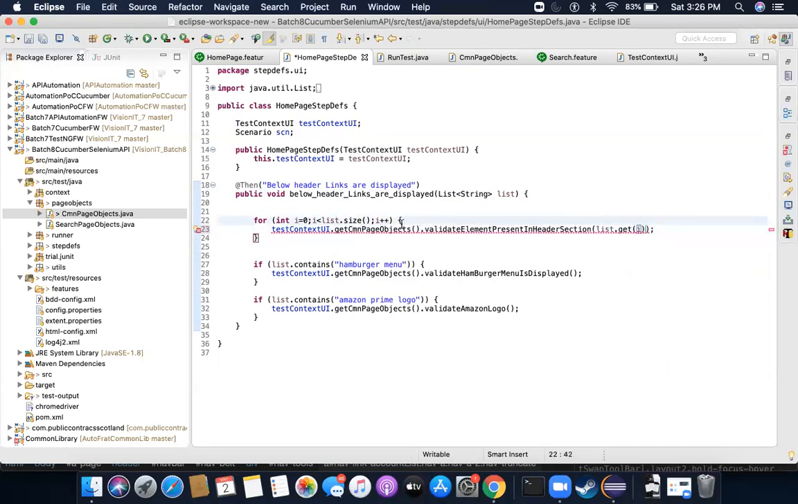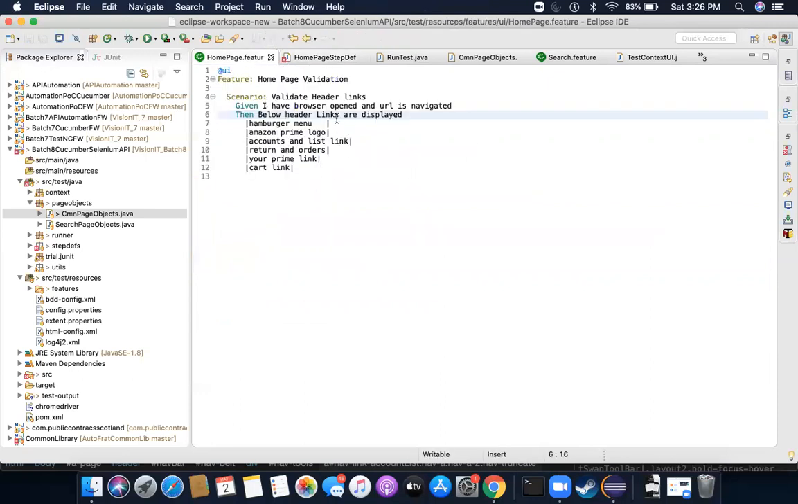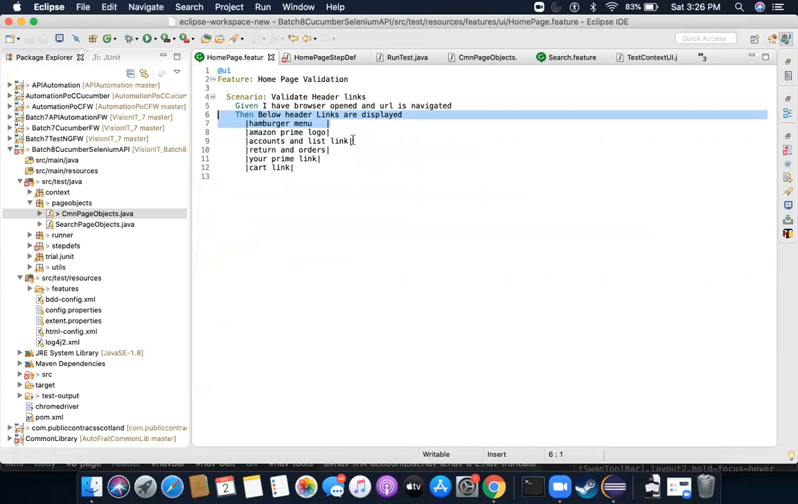So every time this will loop, let me remove this line. Every time this will loop, every time this will pass the elements which are present here. So first it will run for the hamburger menu. The same method will be called for the Amazon link, the same method will be called for the accounts and list link, and the same method will be called for returns